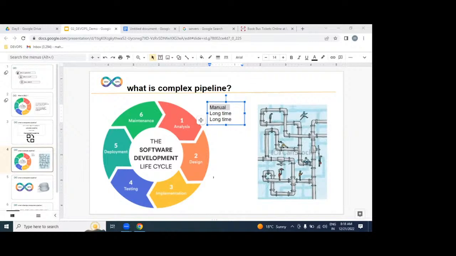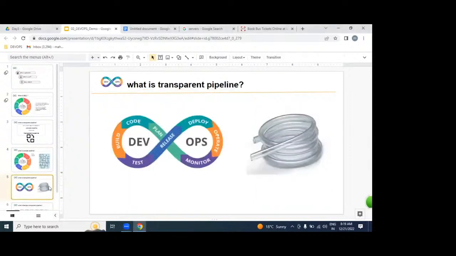Example, this is a water pipeline, underground. If there is a blockage somewhere, can we find it immediately? We can't find it immediately, am I right? And even after finding it, it will take a couple of weeks to rectify the problem. The same way with our SDLC. But what we're expecting is a transparent pipeline.